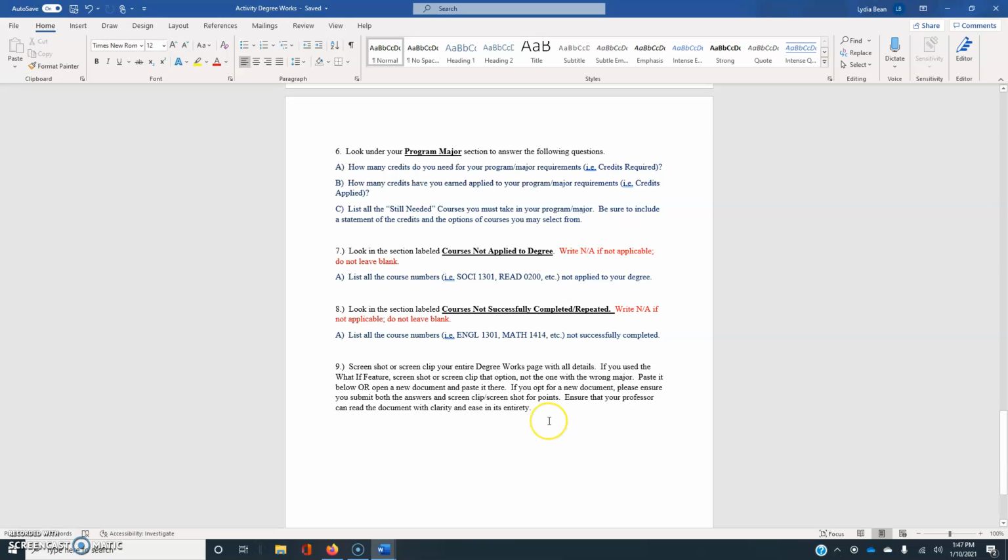The only other thing that I'd like to say is please make sure that it's clear, that I can see it with ease and I don't have to enlarge things to see them. This is how I'll be grading your DegreeWorks assignment. So I need to be able to see it clearly,